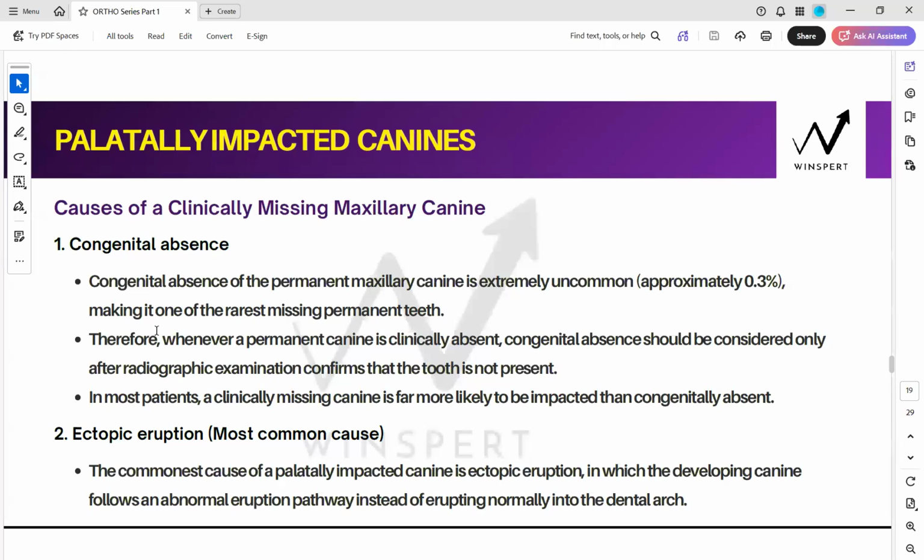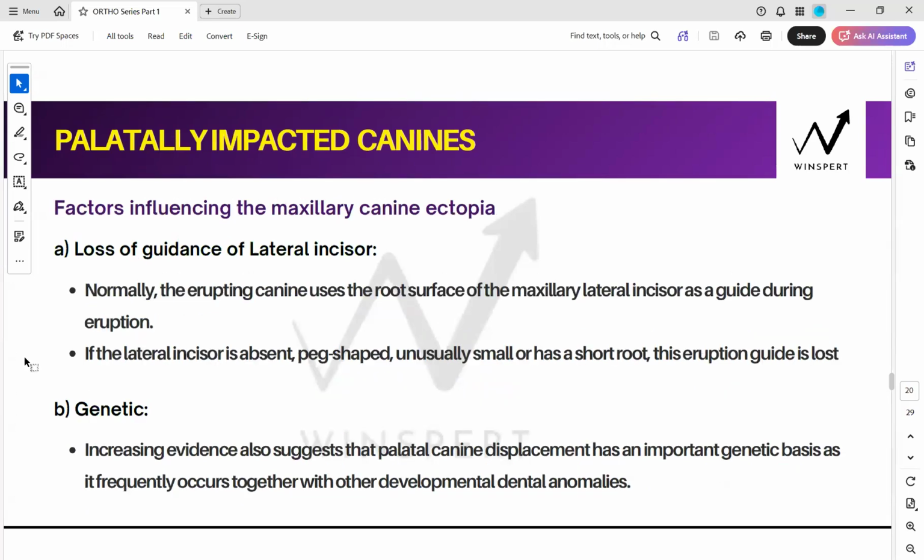See, third molars have a very straight eruption pathway. Do you all agree with that? But your canine develops very high in your maxilla, and it travels a very long distance before erupting. So the canine has a very long eruption pathway. Any disturbance that happens in this eruption pathway can cause the canine to become displaced and eventually impacted.